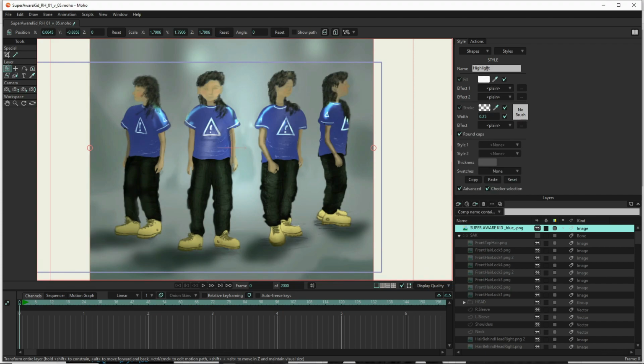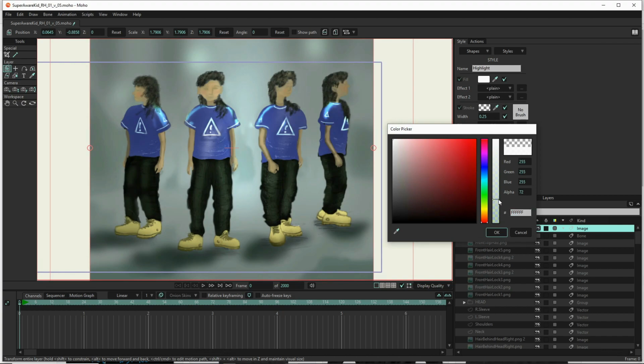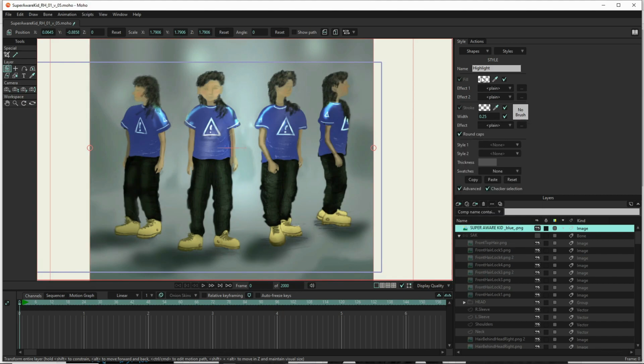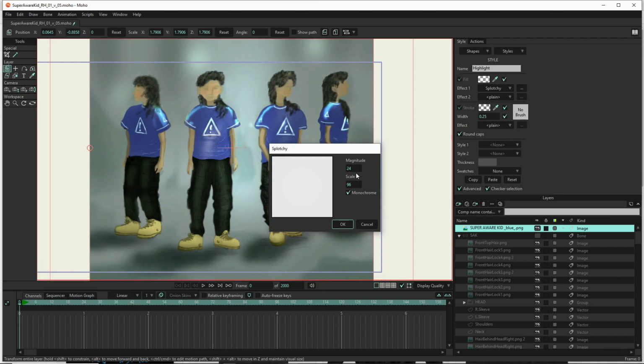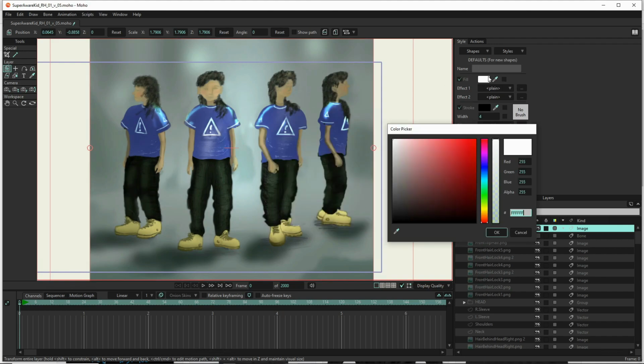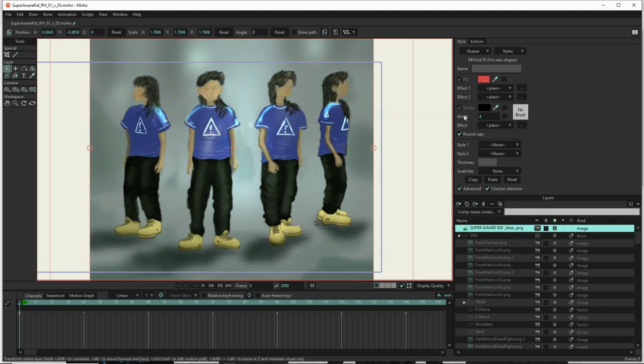And then on the rest of the highlighting, we're going to create a splotchy effect. So we want this to be transparent, so we're going to bring it down to, let's try starting at about 50 and see how that works. So we're going to create a transparency of 50, and then we want to make it splotchy. When we go into splotchy, we can change two things here: magnitude and scale. Let me cancel and change the color for the moment. Let's go to red for a bit while we create the splotch. So now we're going to go to splotchy,